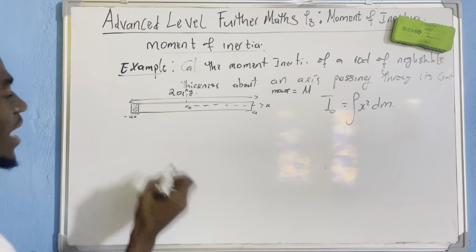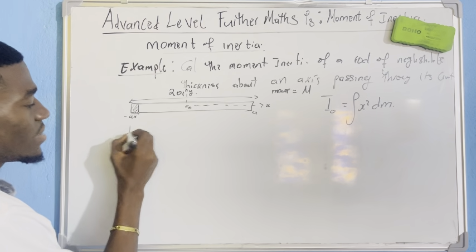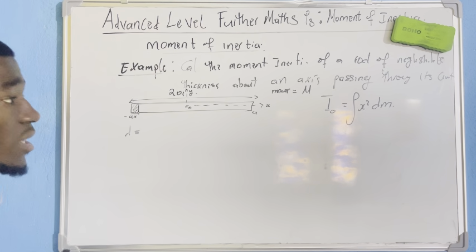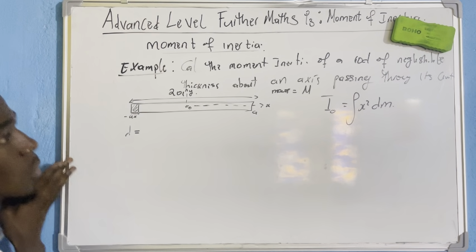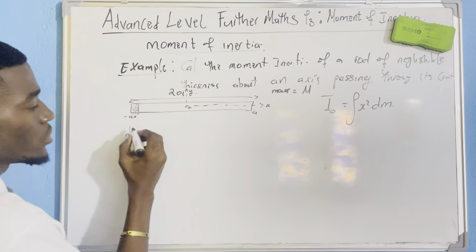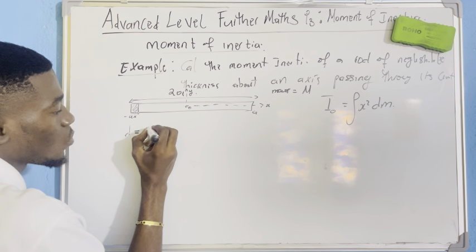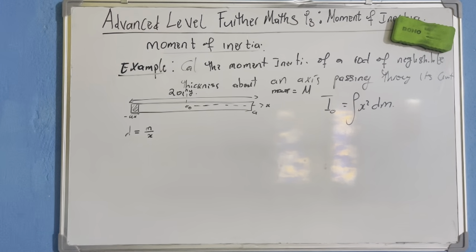Now, if I let the density, it means the linear density. Why am I talking about linear density? As I said, it's a one-dimensional figure, so it is a linear density. The integral will be along only one direction. So the linear density of this small portion of my rod will be the small mass m over the length. Linear density is mass over length, mass per unit length. A one-dimensional figure has linear density.